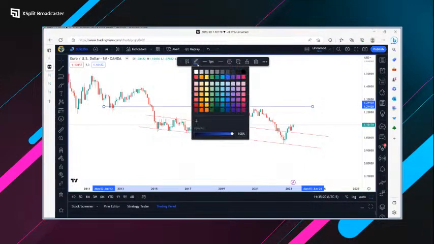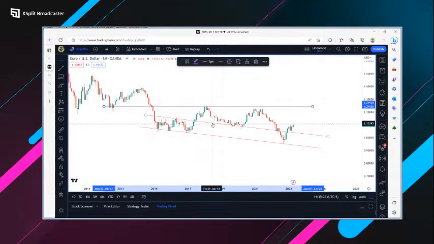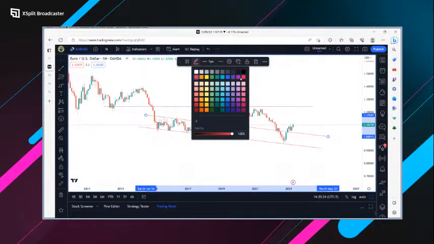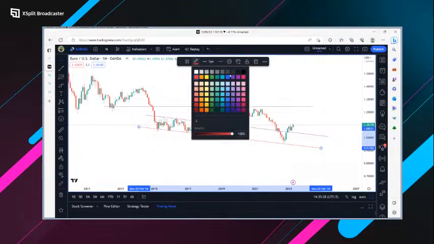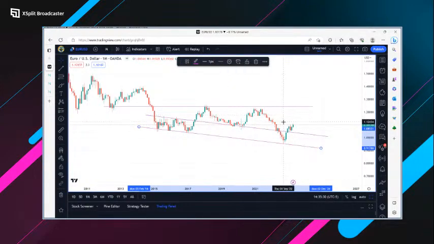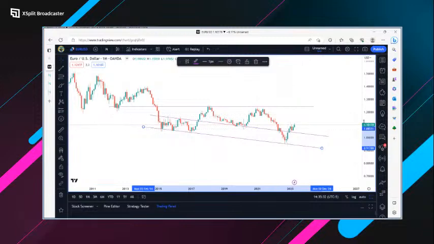I like my monthly time frames to be purple. That just lets me know that it's the monthly time frame, when it holds the most weight. Okay, so